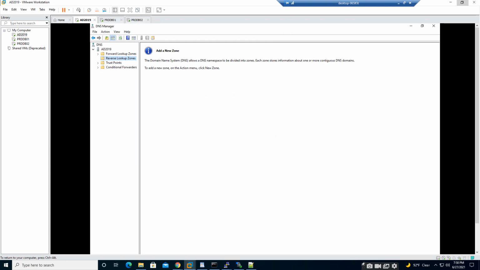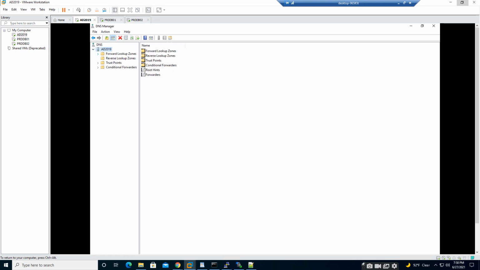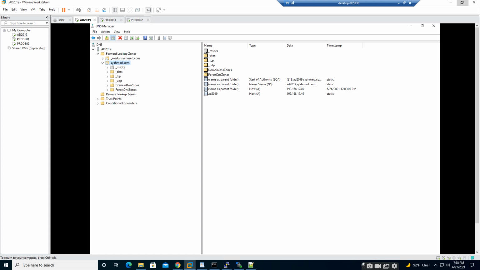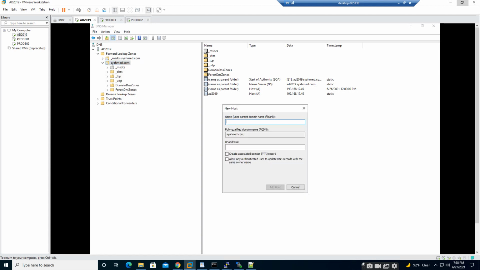Here you can see my Active Directory under the forward lookup zone. Here is my domain, and here are my records. If you click anywhere here, then you can create a record.